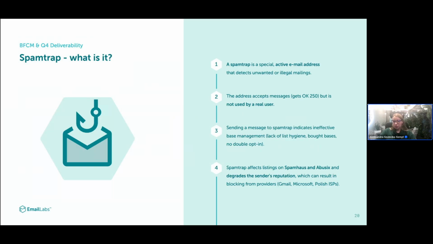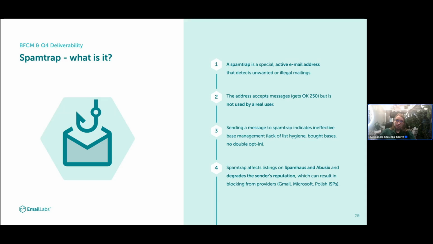And what does it mean that you have a spam trap in your contact base? It means that you're probably not using a proper way to gather your contacts on the email list. Maybe the list hygiene is lacking, or maybe the contact base was bought externally.